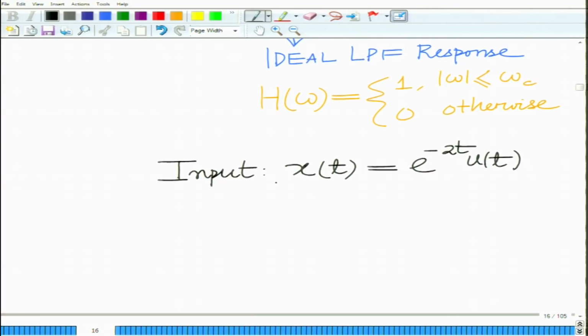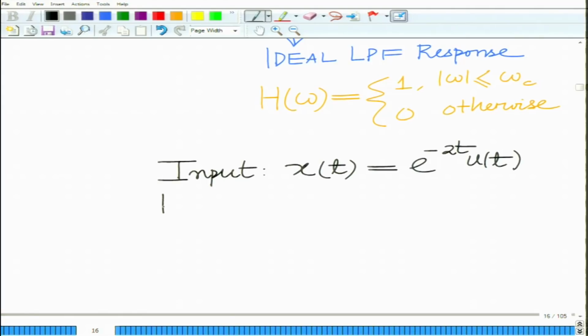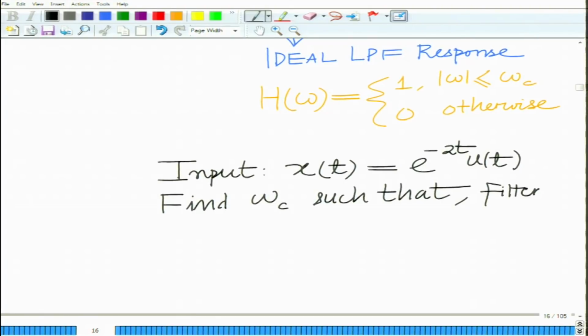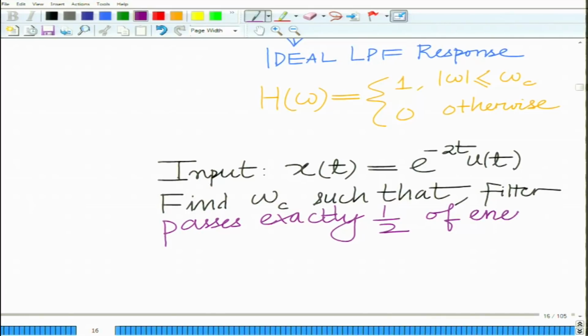Now, what we want to do is design a filter. So, this problem is with respect to filter design. We want to design or choose a cutoff frequency omega c such that it passes a certain desired component of the signal. What is that desired component? We want to find omega c of the low pass filter such that the filter passes exactly half of the energy of the